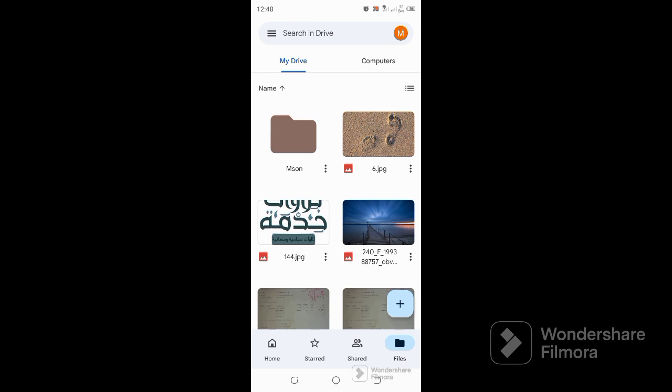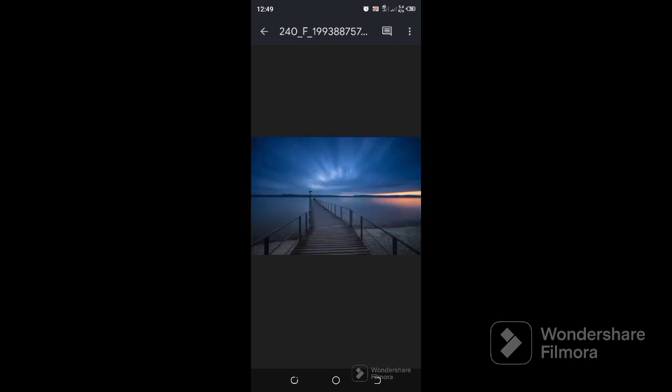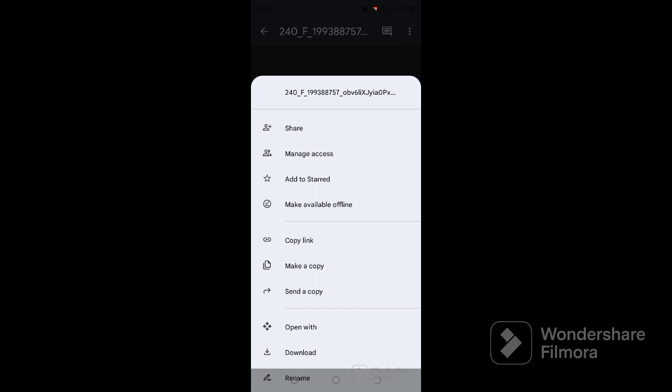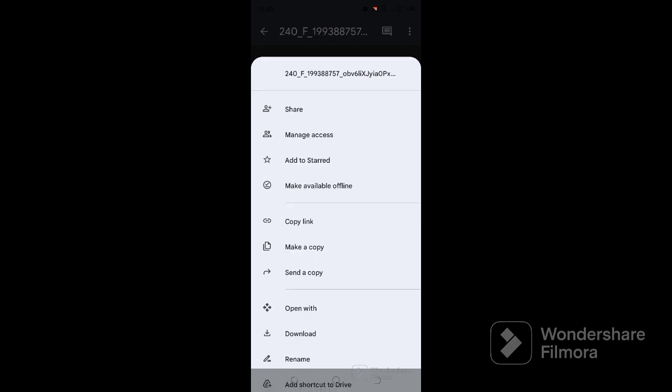When you want to take a picture, which is the image part, you will press the image that you want to export from Google Drive to your device. After the image has opened, you will press these 3 points at the right, then click, then scroll down